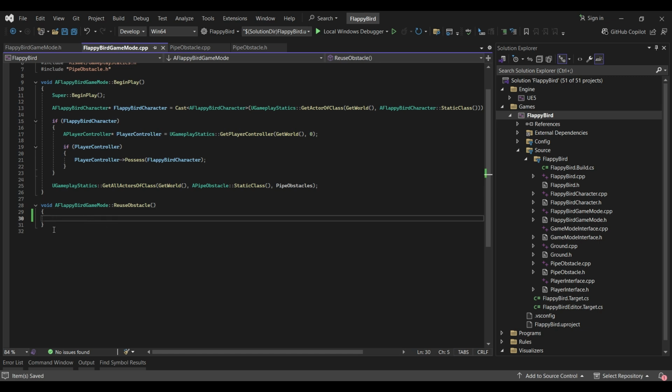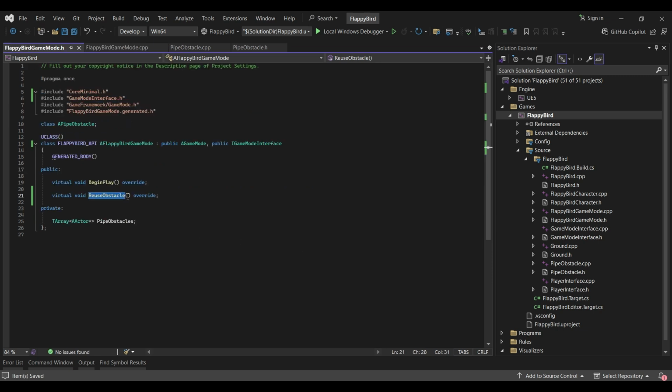And then we rearrange the array to make this pipe the last index, and so on. So the second pipe will become the first, the third will become the second, and so on. But I just realized we need to have